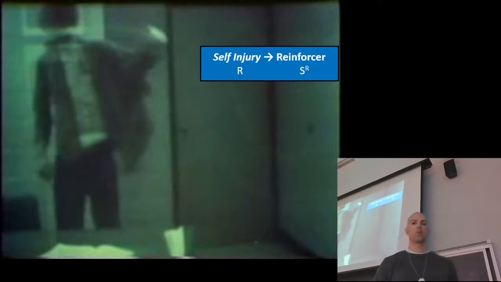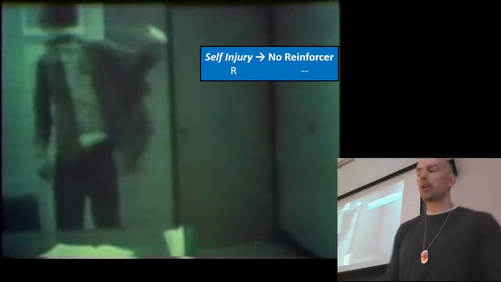So when Harry, as horrible as this sounds, it came from well-meaning individuals who were not educated in psychology. When Harry would injure himself, he would get reinforced for that injury, and that just made his injuries worse and worse and worse. So what Dr. Fox, as a doctor that treated him, one of the first things that he did was he said, all right, we've identified this contingency that